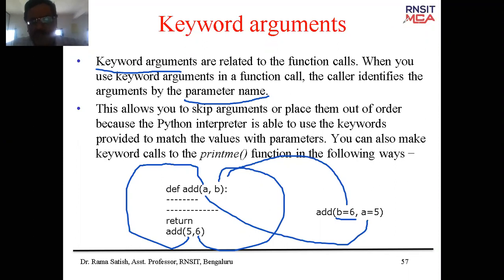That is the beauty of Python, the power of Python, I can say. This allows you to skip arguments or place them out of order, because the Python interpreter is able to use the keyword provided to match the values with the parameters.